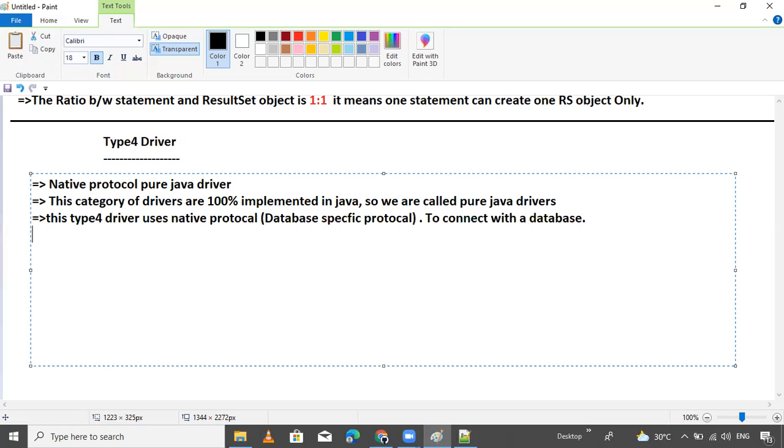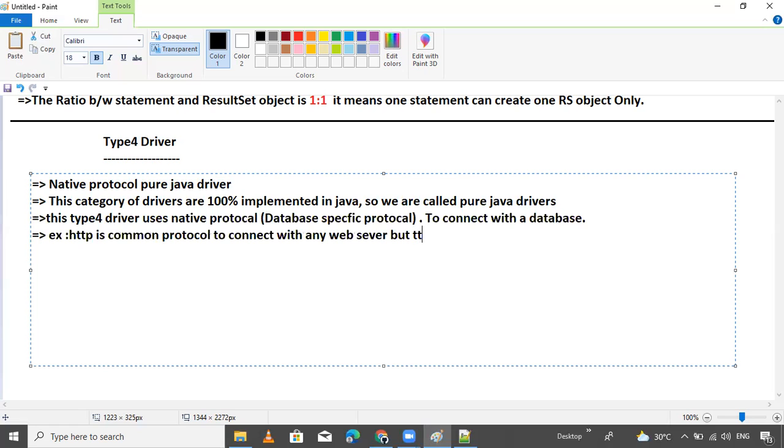For example, HTTP is a common protocol to connect with any website or web server.